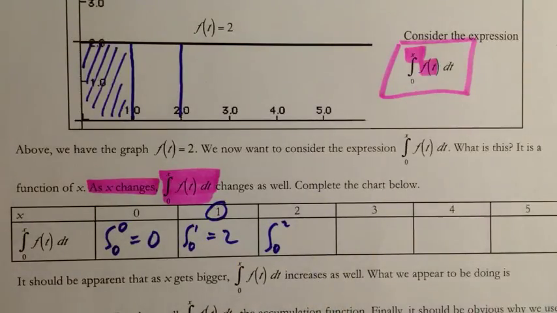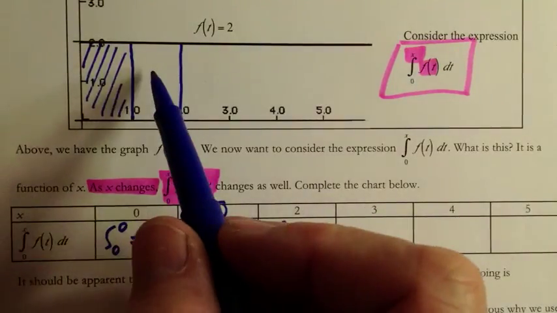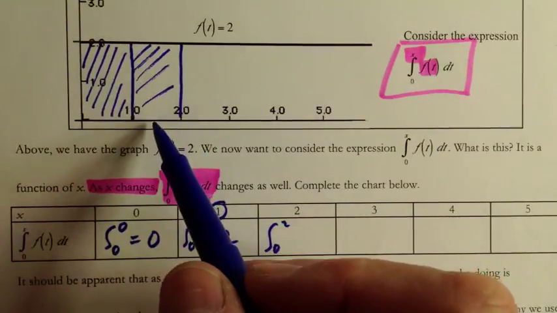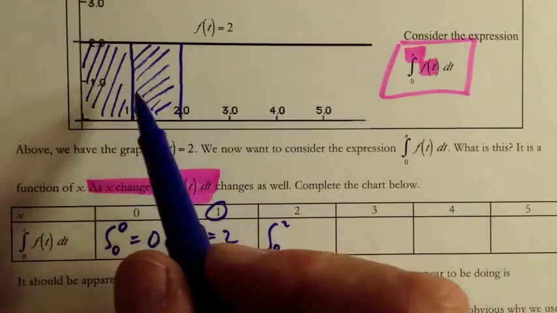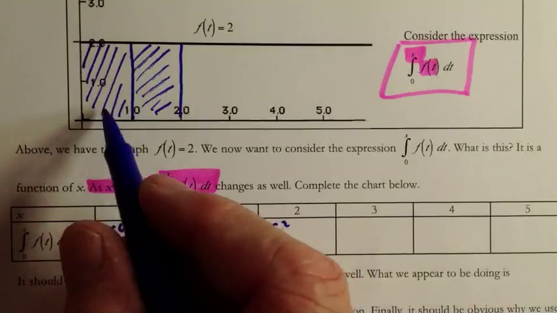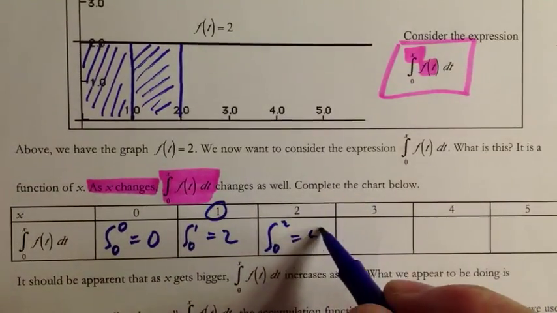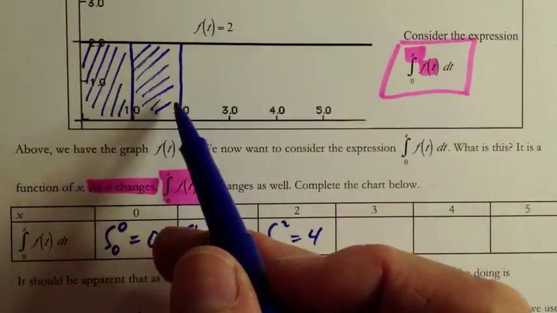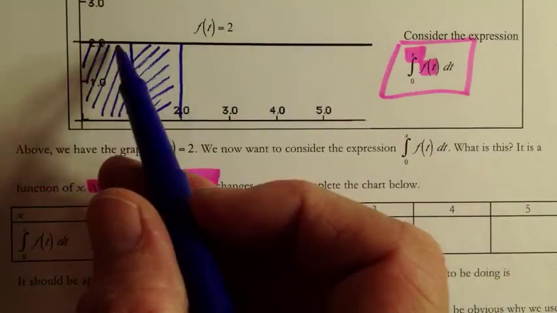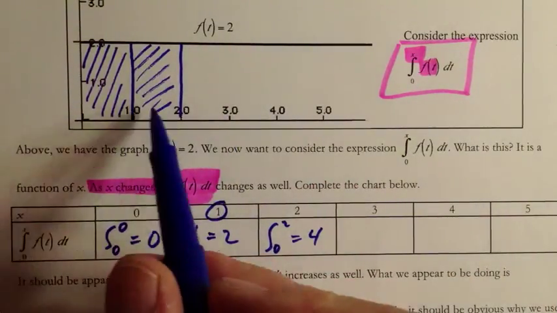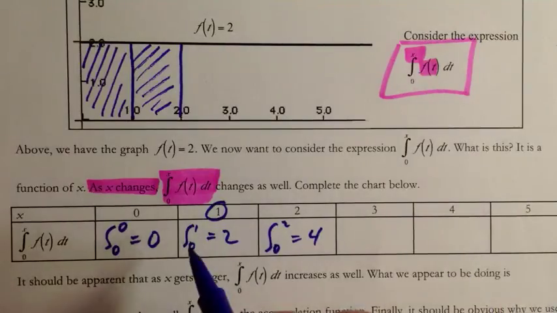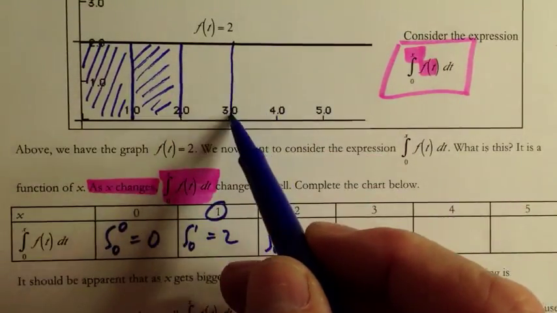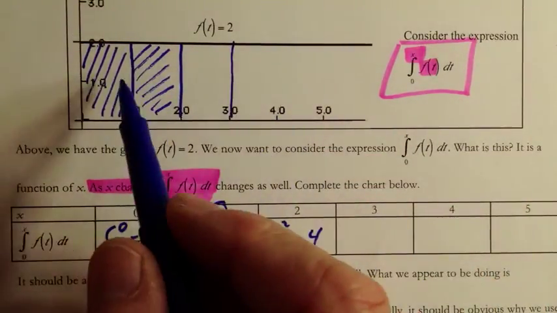and the integral from 0 to 2 is 1 times 2 is 2, and each of those has a value of 2, so for the integral from 0 to 2, there's an area of 4 now underneath the graph of f of t equals 2 and the t-axis. So we can see every time we increase x by 1, we add